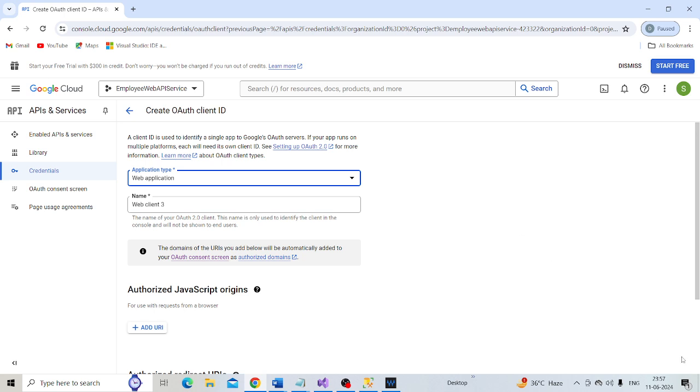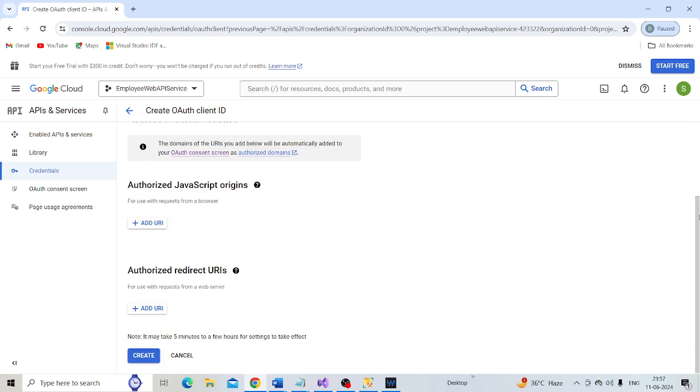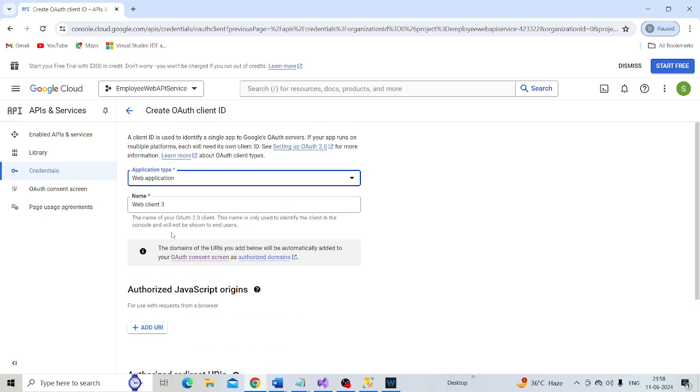I'm just showing you these steps to create your application and the authorized JavaScript origin. We have left the web client as default.